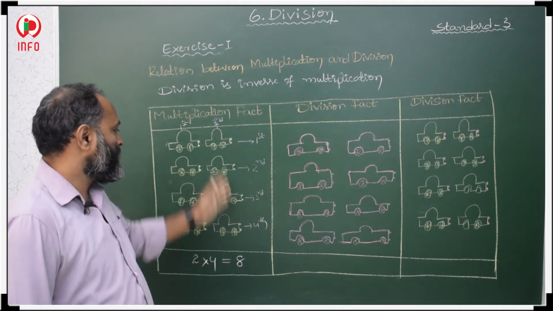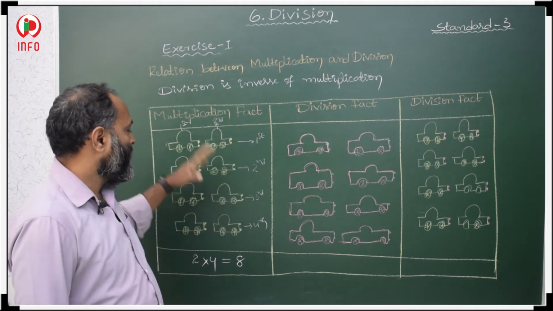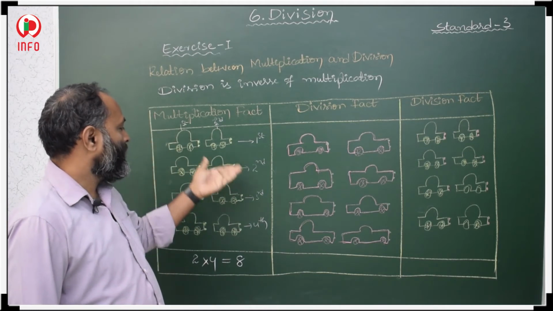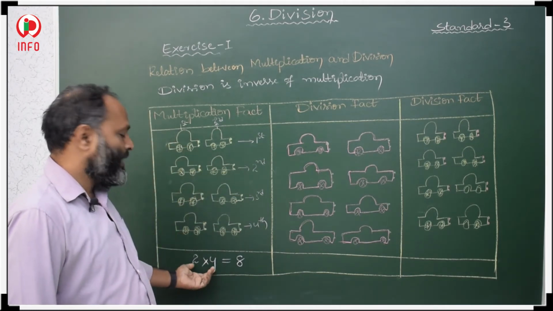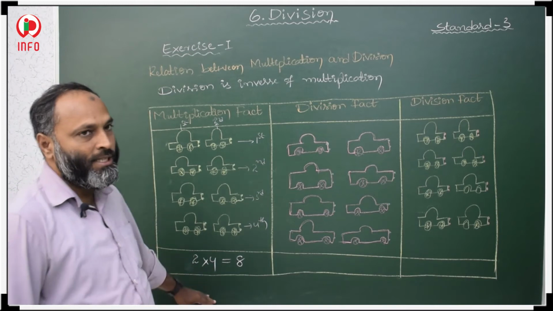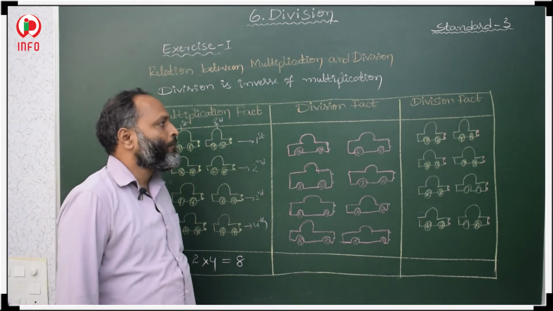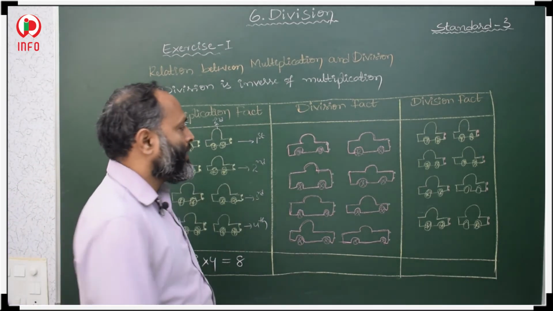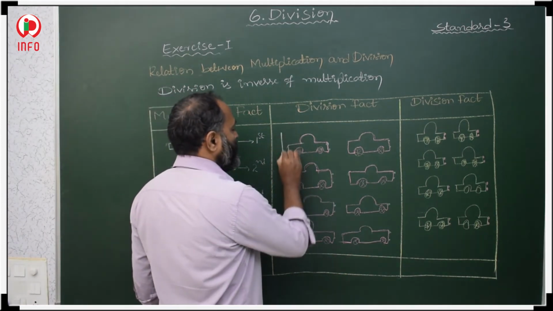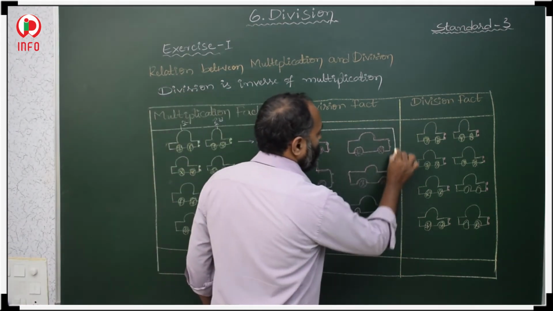Number of columns with number of rows. In 2 columns, 4 rows, the cars were there. So then 2 4s are 8. This is a multiplication. Now in this division, if we make 2 cars in one group, this is one group,